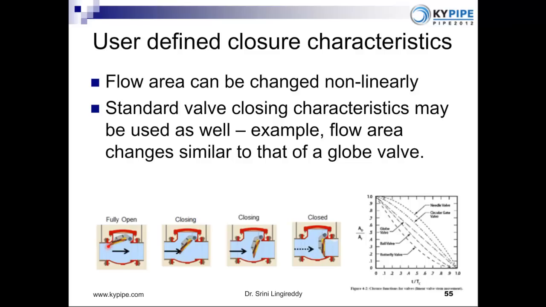User-defined flow characteristics. Previously, we assumed the valve closes linearly from full open to full closed. And as we know, even for a swing check valve, it doesn't. Initially, there is a lot more inertia for this valve to close, and the forces are not strong enough to make it close. As the valve closes, there is direct force acting on it, pressure forces and otherwise, which will accelerate the closure. So the closure will more likely be non-linear. It's not linear, and now we added the feature so the user can define the actual or known closure